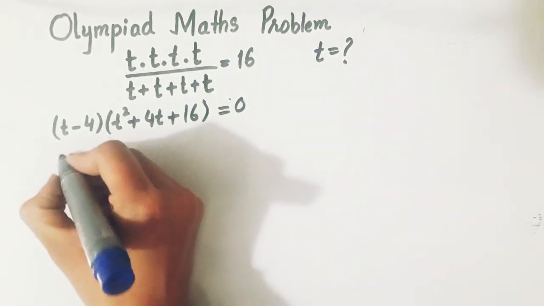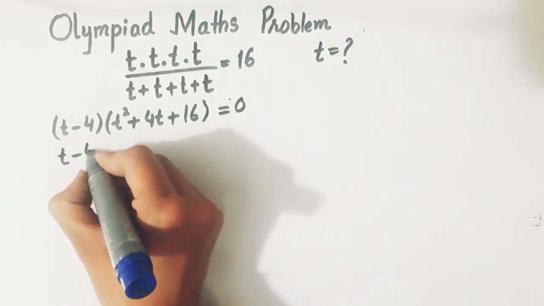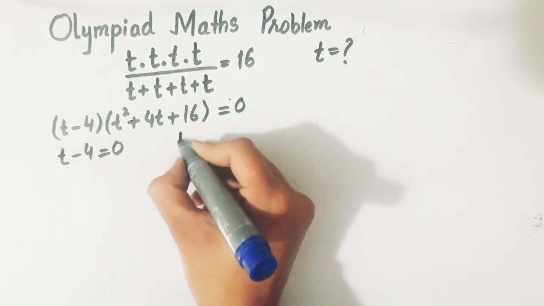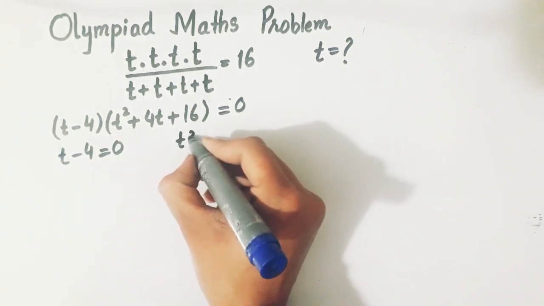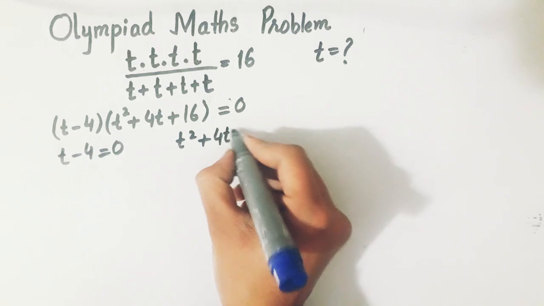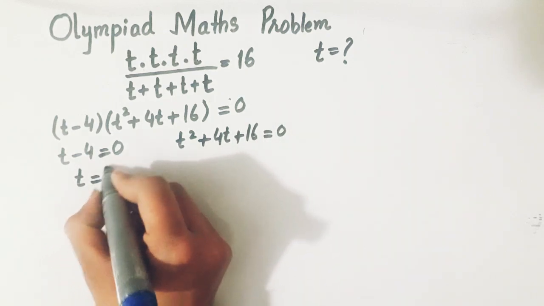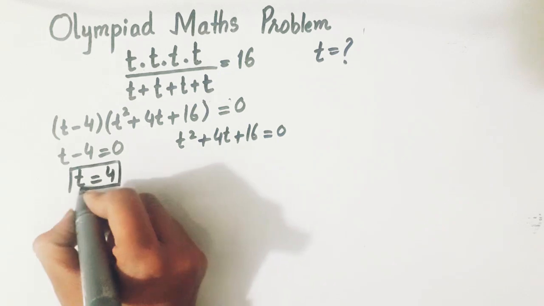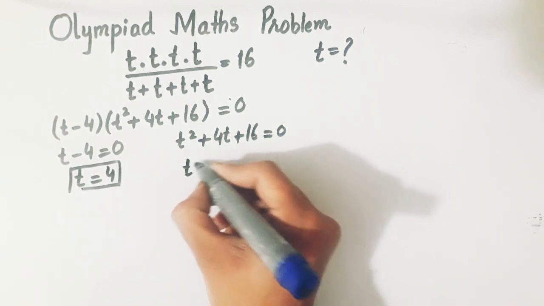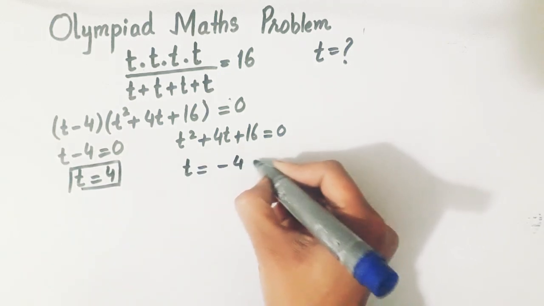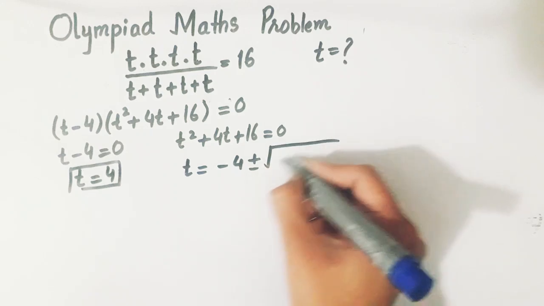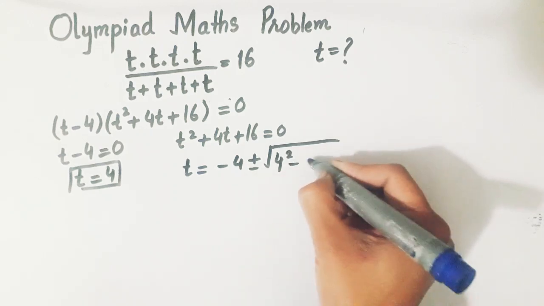So we have two possibilities, t minus 4 equals 0 or t square plus 4t plus 16 equals 0. This gives t equals 4, and this gives t equals minus 4 plus minus root of b square,